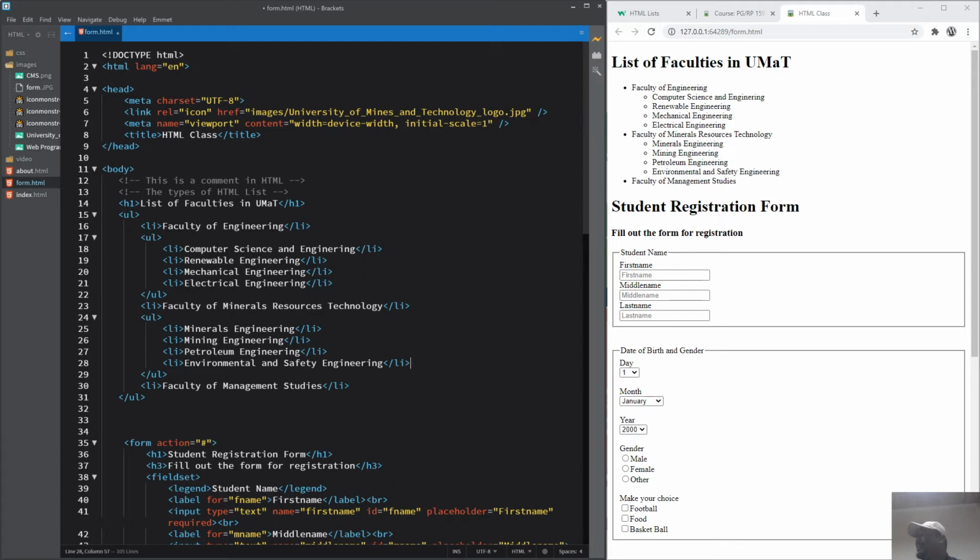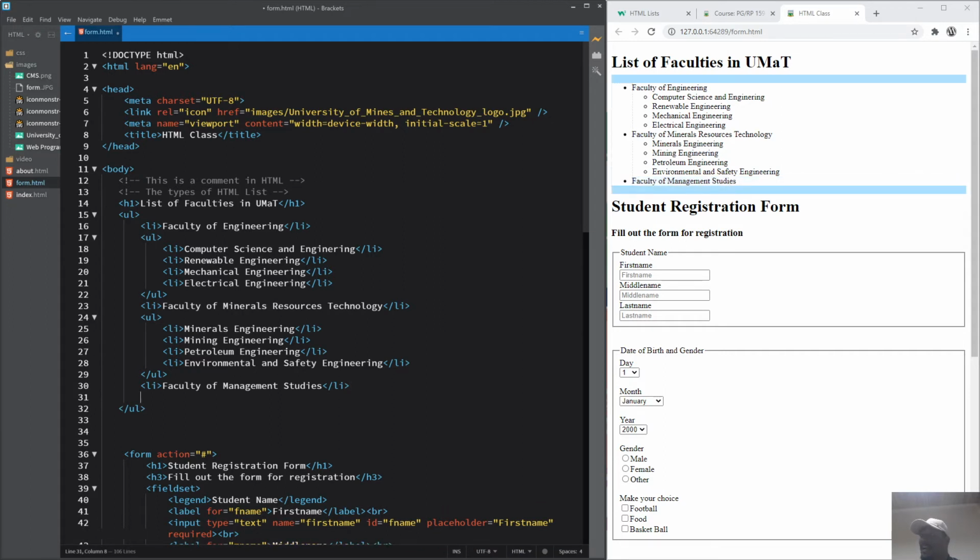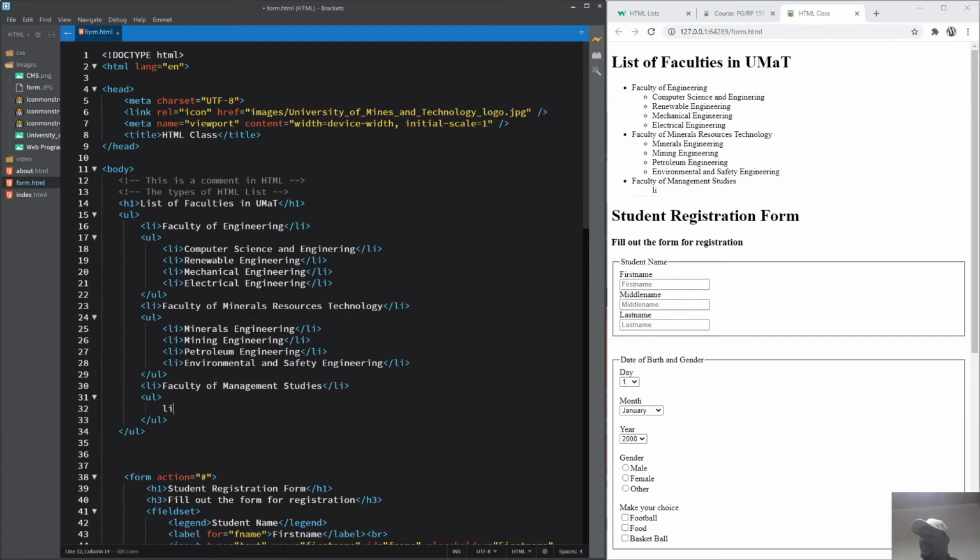So now that I have these few, let me list one for the technical communication. So I'll have another unordered list, and within it, I'm going to create a list, then talk about the department. So we have technical communication as one department in the faculty, and finally